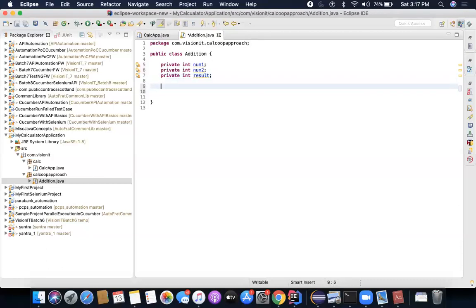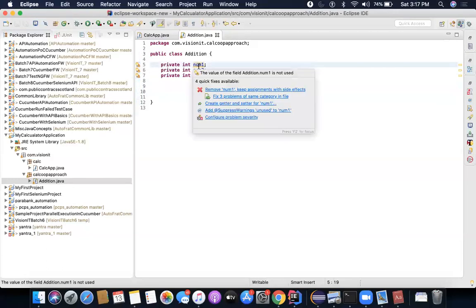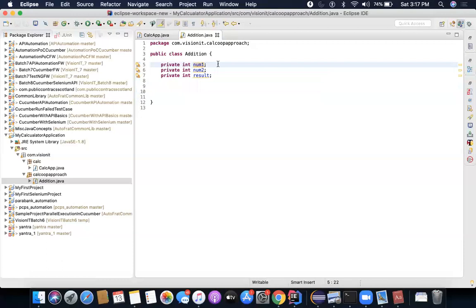I'll show you how. But that actually doesn't mean that we should completely block the access, right? If anyone wants to access these variables, we need to provide certain methods called getters and setters. If you want to set some values to this, you will create a setter for it. If you want to access this from outside, you create a getter method. So you need to do that. In Java, you have a way of doing it.